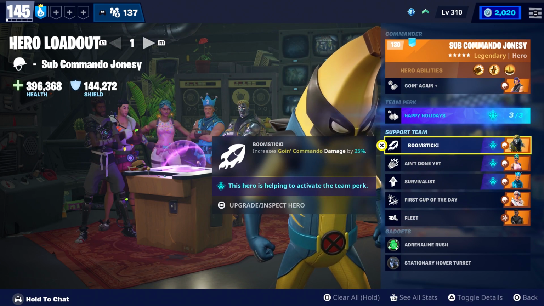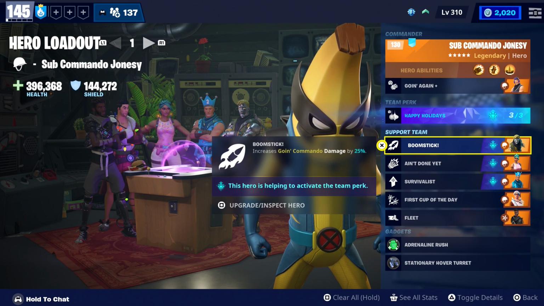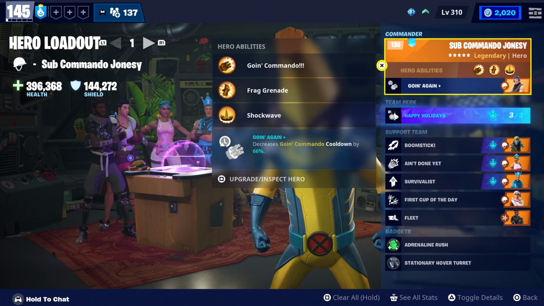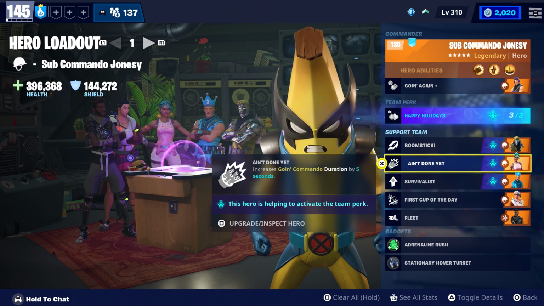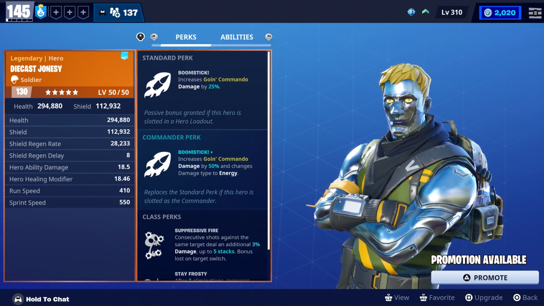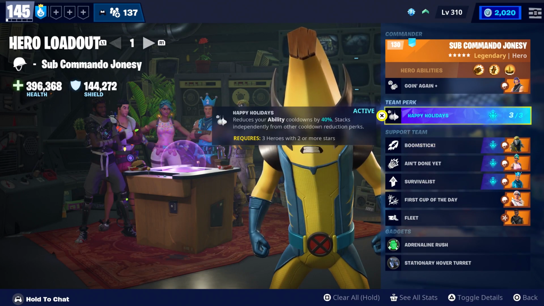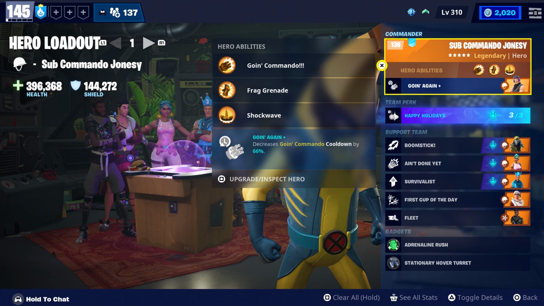Another minigun loadout you could use, and you may just want to have one person in your party have this loadout, is the one where you have Diecast Jonesy as your commander, and you can put Sub Commando in your support team because he helps your minigun deal more damage, and that's going to help you kill the boss at the end of the dungeon. So you may want to have one person with Diecast Jonesy, have a couple people with Sub Commando Jonesy, and